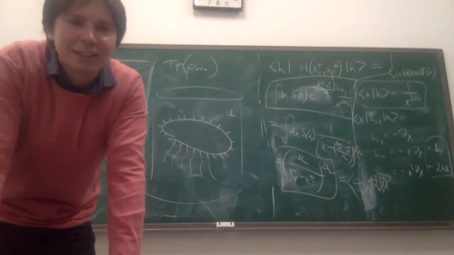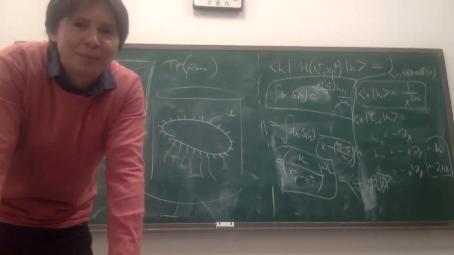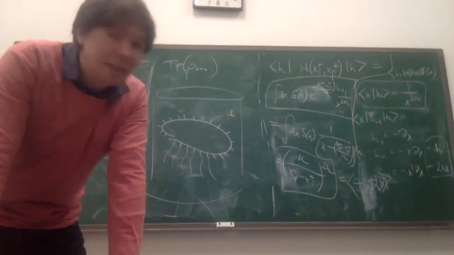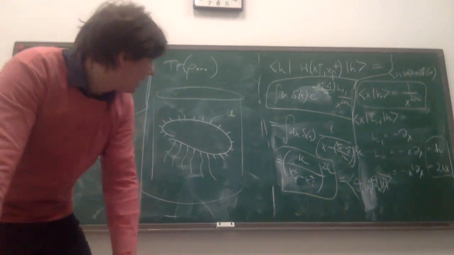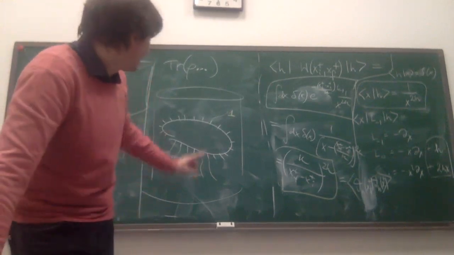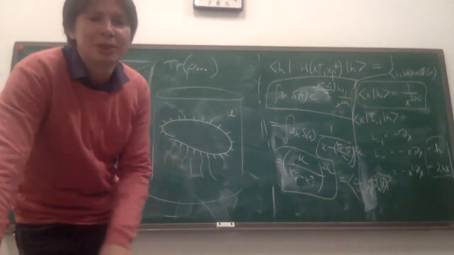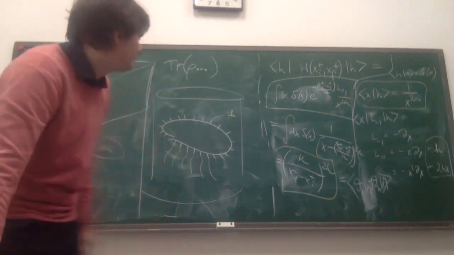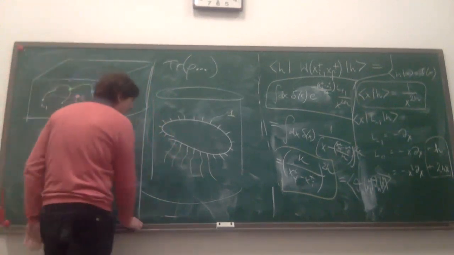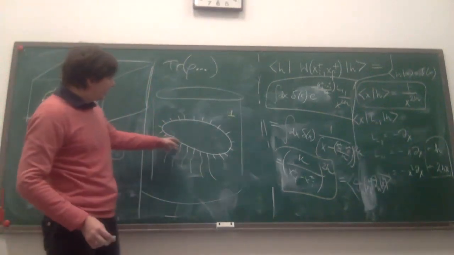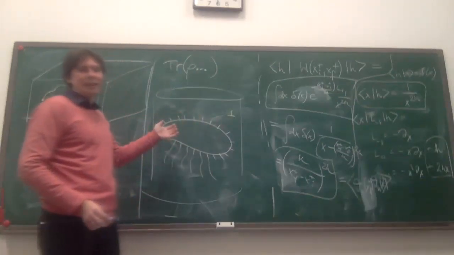Any questions or comments? So if not, then I want to say one more thing about it, and then we'll talk about what the complexity of this object should be. So the one more thing about it is that notice that this thing is not gauge invariant.